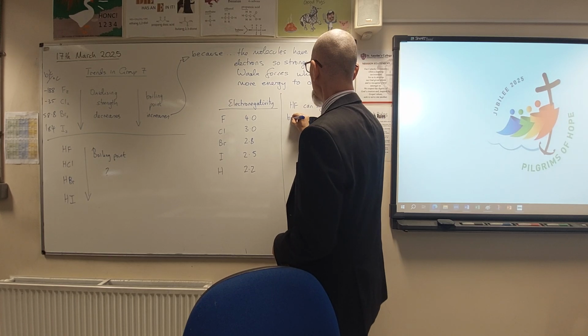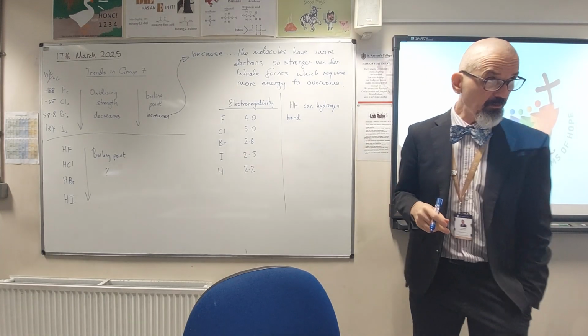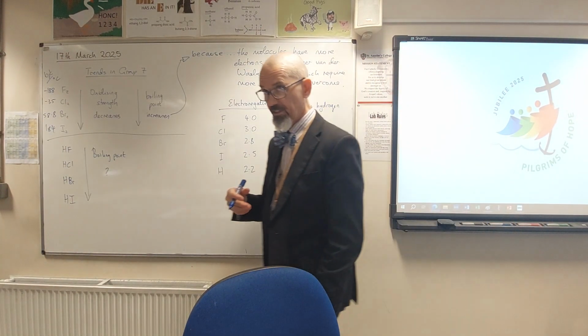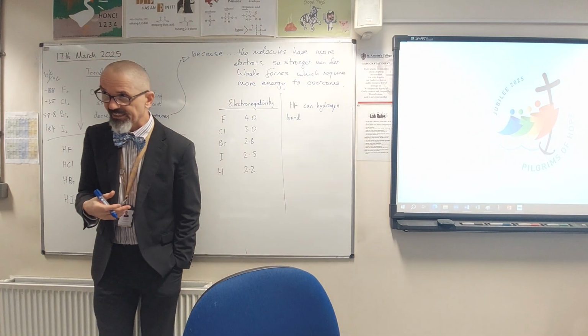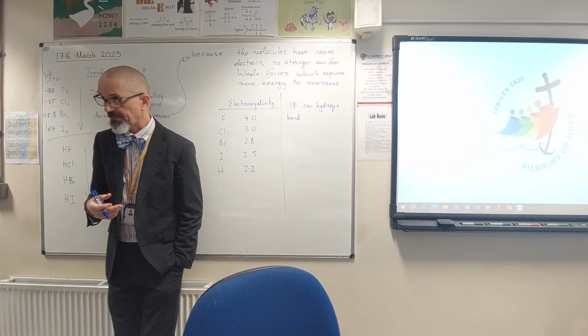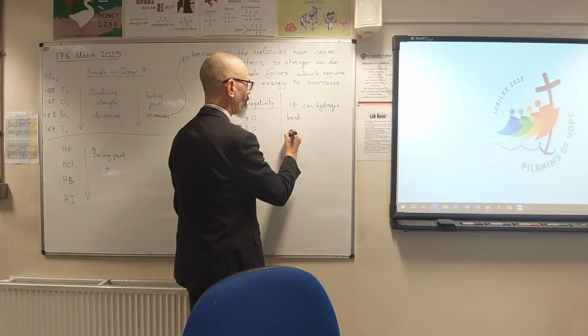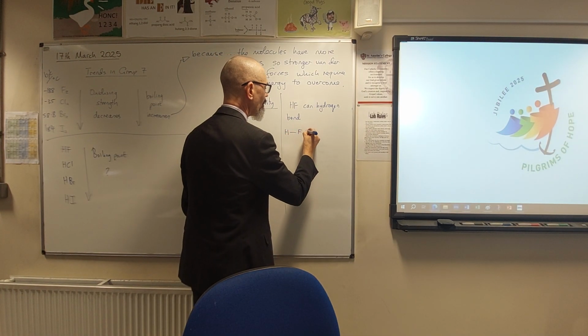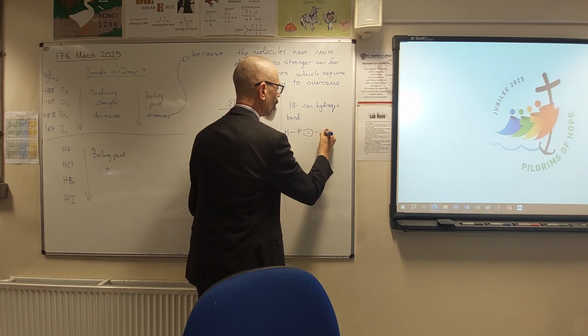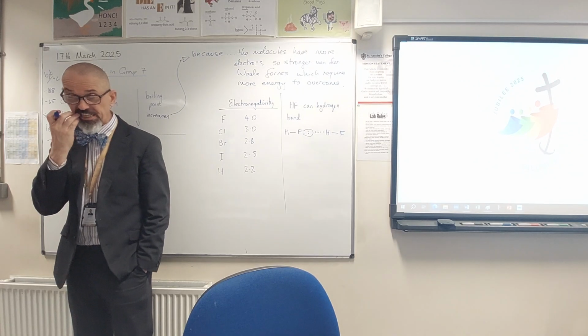So hydrogen bonding is a special intermolecular force. Could anyone describe how a hydrogen bond arises? Is it the bond between the hydrogen in one molecule and the fluorine atom in another molecule? Oh, you're so close. What about the fluorine atom? It has a lone pair. A lone pair, exactly right. Yes, so fluorine's got several lone pairs,